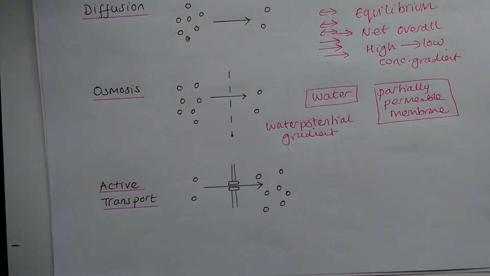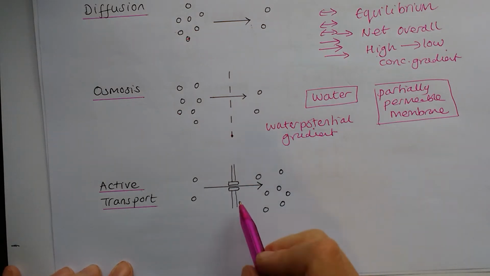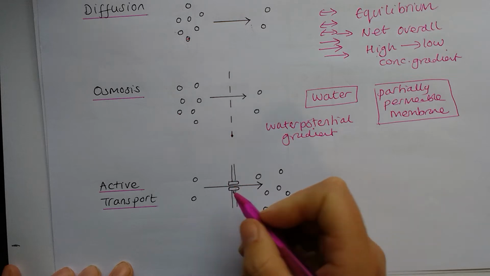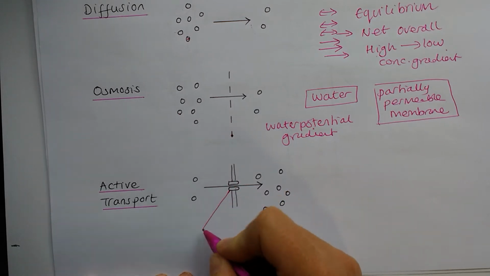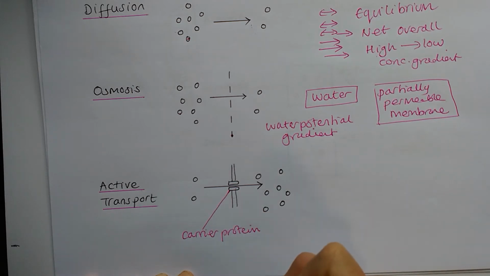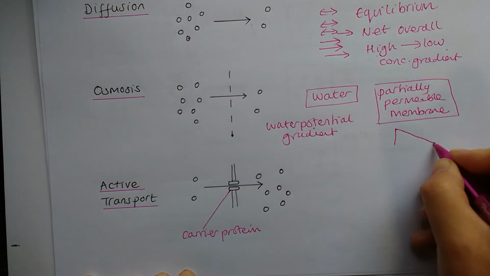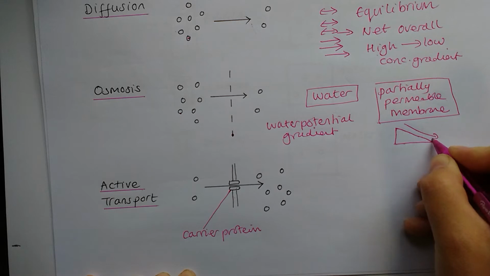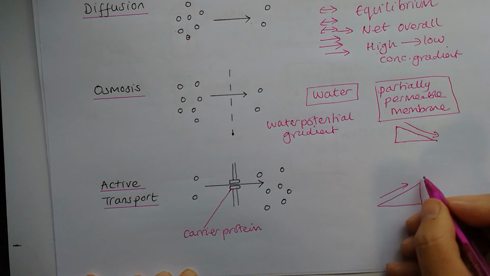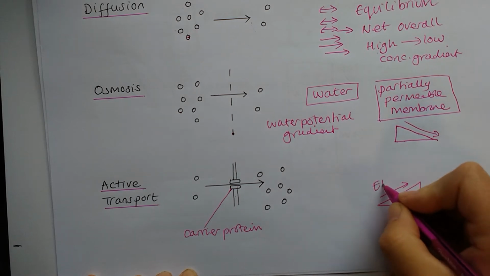The final one is active transport. So active transport, you can see I've drawn a little membrane here and some weird little sausage thing. And this is what we call a carrier protein that we have in membranes. And you can see that we're going in the opposite. We're not doing from high to low, like going down a slide. We're doing from low to high here. And if you imagine trying to climb up a hill or climb up a slide, it's hard work, it takes